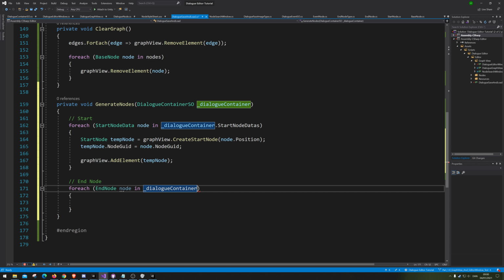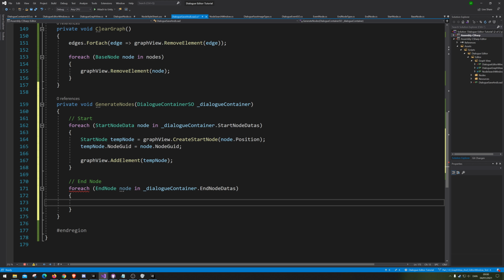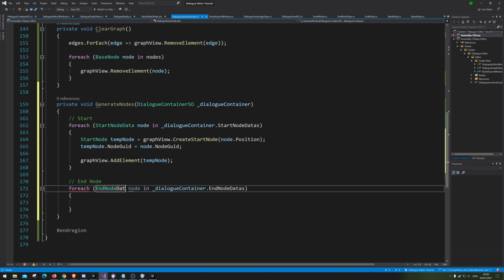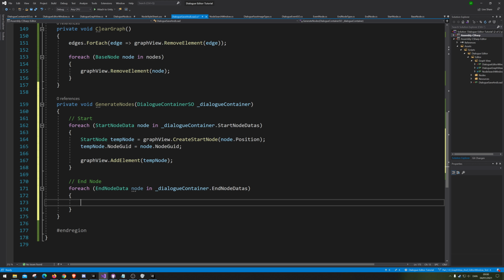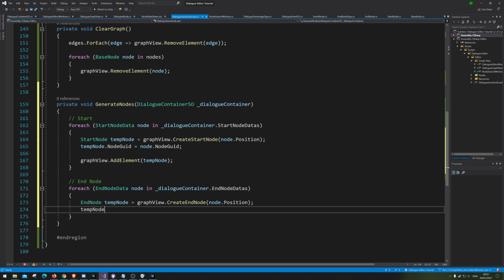So we of course need the dialog node going and notes. Wonderful. And why is this not happy? Oh yeah, it's because it's data. My bad. Alright, and here we need to go int node. Let's just call it temp node again, equals, and I was about to say new, so we're gonna go graph view dot create int node. We're of course going to give it the node dot position. And here we need to do the same thing by going node dot equals node dot